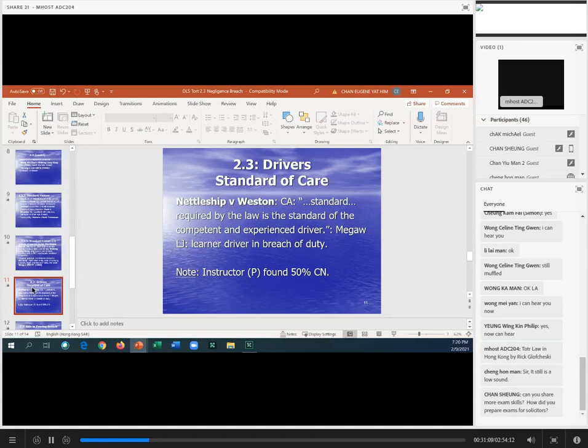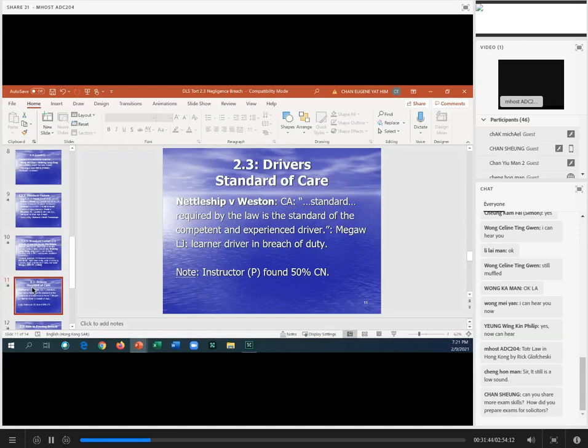So when the learner driver in Nettleship and Weston crashed the car, the court said, well, bad luck, learner driver, you will be judged by the standard of a competent and experienced driver. And the competent and experienced driver would not have been involved in such an accident. The interesting thing about Nettleship and Weston was that the person who was suing the learner driver was their own driving instructor. All right, the driving instructor won the case, but as we'll see later on,